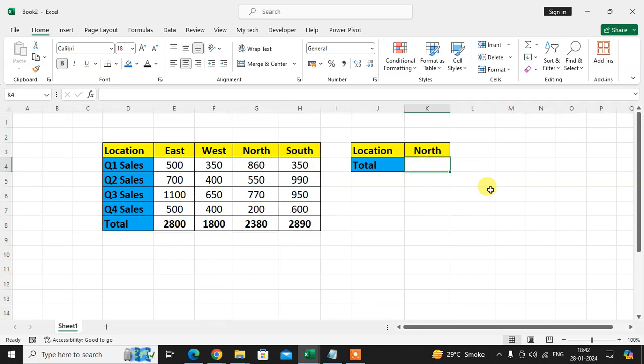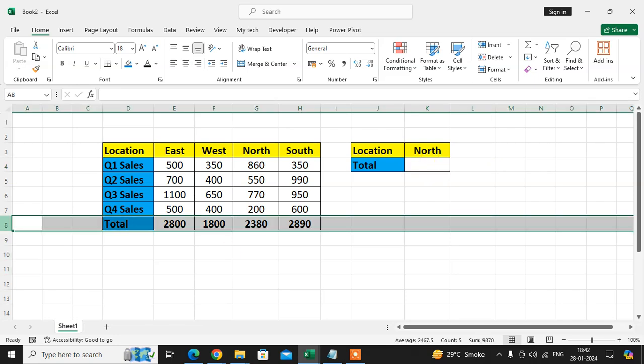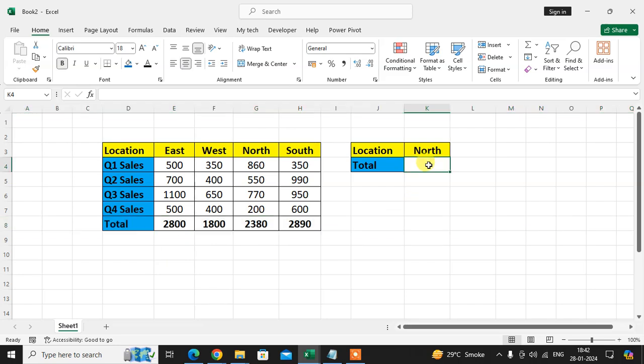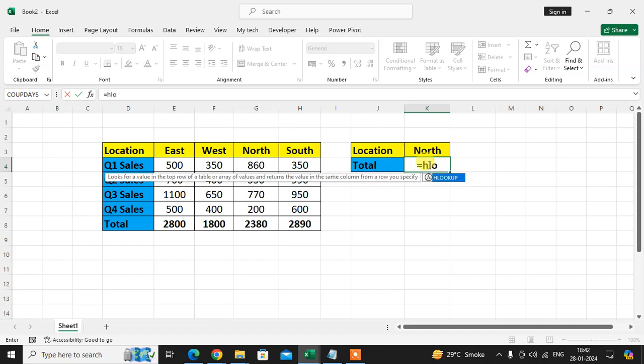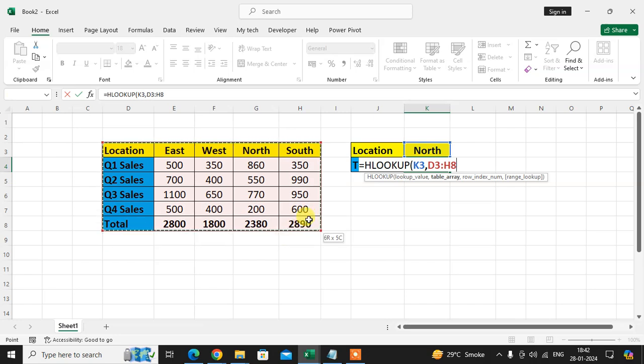Now I'm using HLOOKUP for this horizontal line of total sales. So let's start. Equals HLOOKUP, tab. Select the HLOOKUP value, this is the lookup value, then comma, table array, select the table, comma, then row. The row is where we want the total sales. Total row